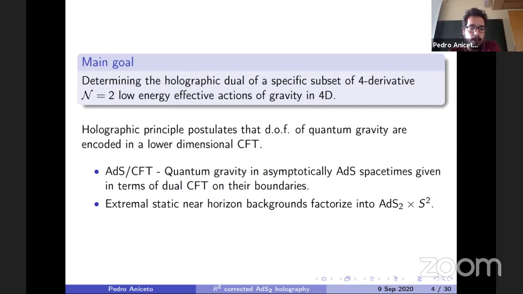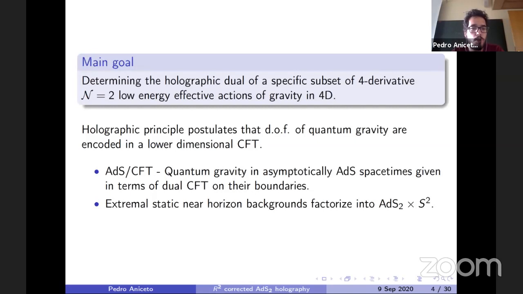And what motivated us to search this was actually trying to use the holographic principle to capture information about the entropy of the 4-dimensional black holes by studying it once we have reduced it to 2 dimensions. For that, of course, our end goal will always end up being studying AdS2/CFT1, and we'll be focusing